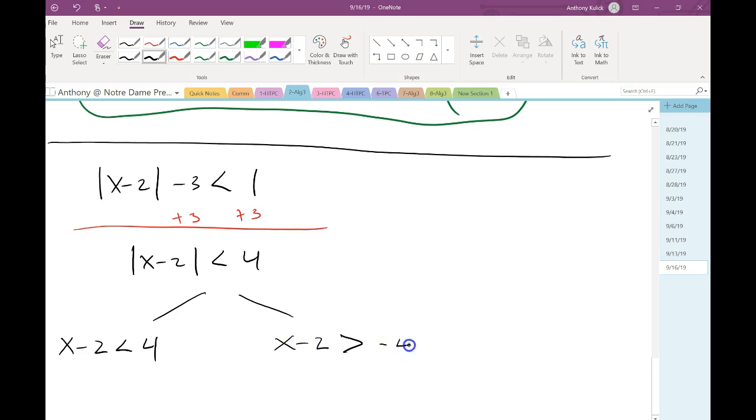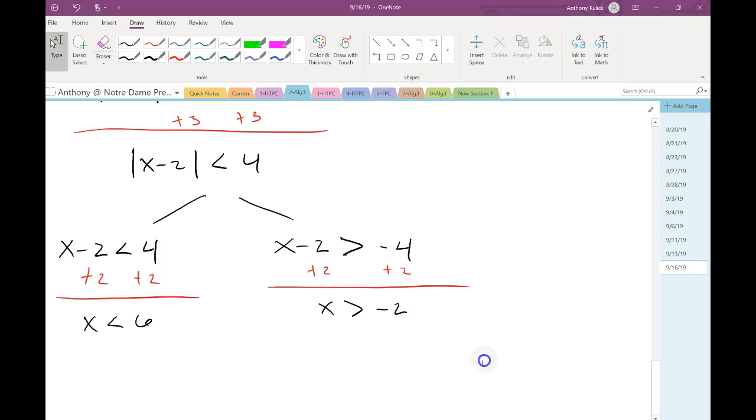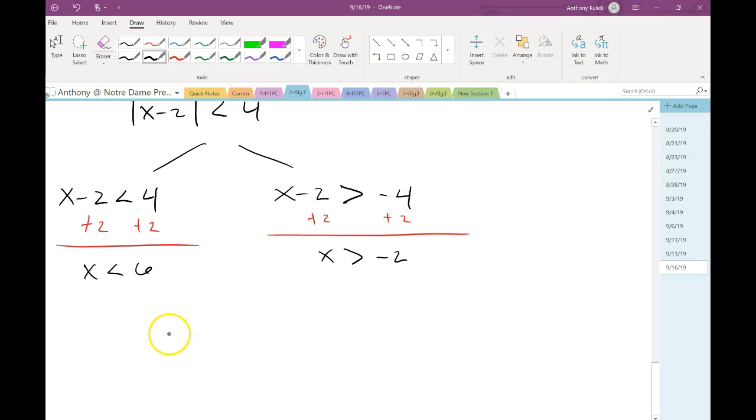Yeah, so I should have x minus 2 is greater than negative 4. And then I can solve these two independently. So I have x is less than 6, and x is greater than negative 2. To figure out whether this should be and or,